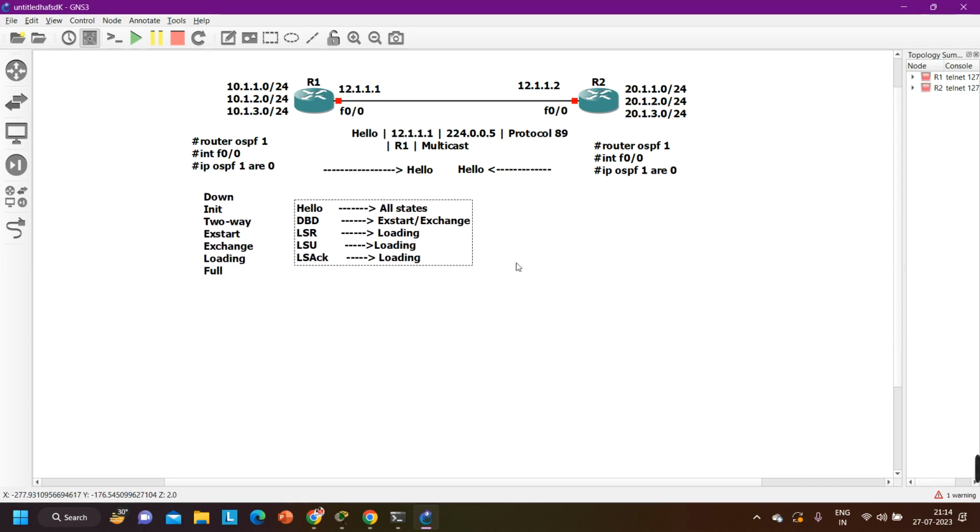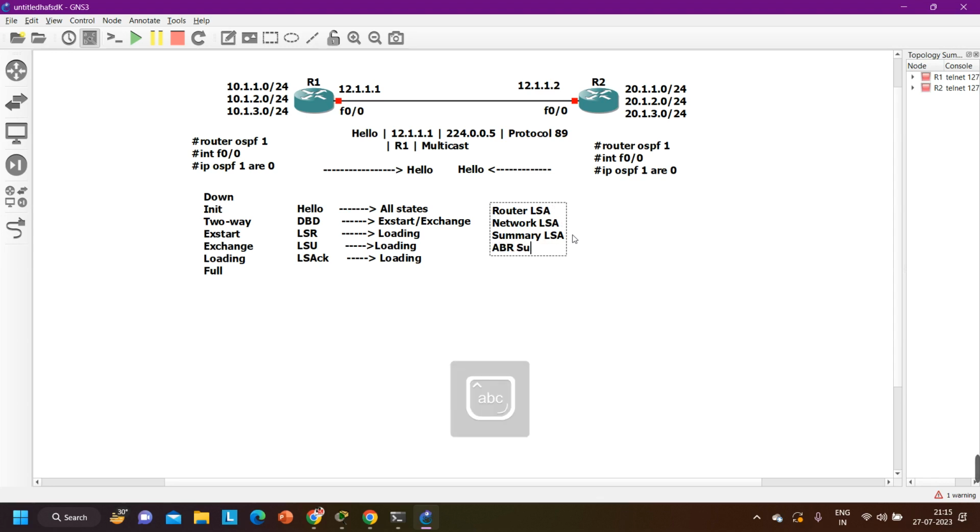Okay, sir. How many types of LSAs are there in OSPF? Eleven are there, sir, but we will use only 6. Okay. May I know the names of all 6 LSAs? Yes, sir. Router LSA, network LSA, then summary LSA, then ASBR summary LSA,